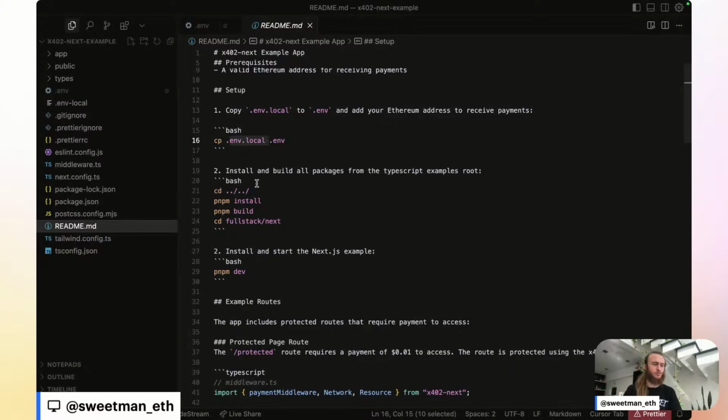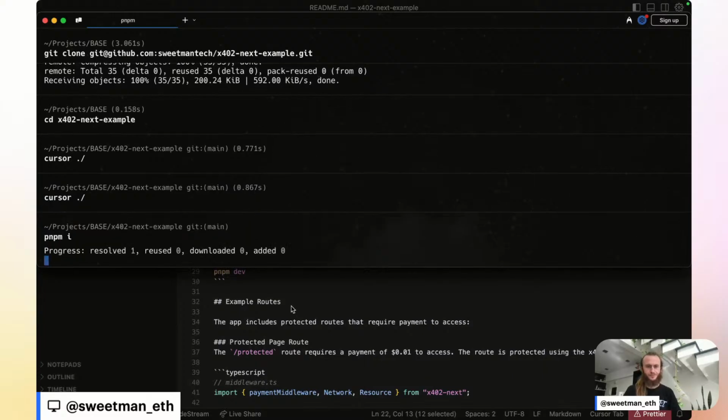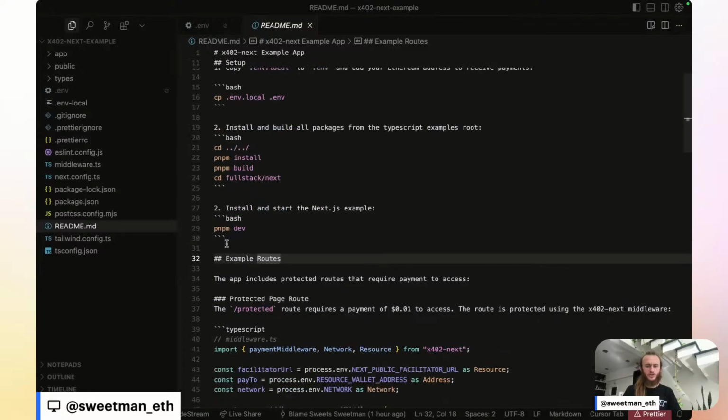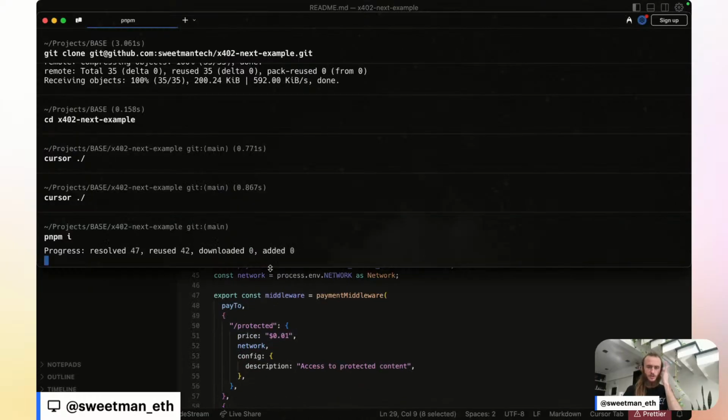That's a question I still have with the Coinbase team, but we won't focus on it much because I'm already talking with the Coinbase team about it. Let's install the packages. We'll use pnpm i to install the packages. And then we will start with pnpm dev. So first we install our packages. And while this is installing,